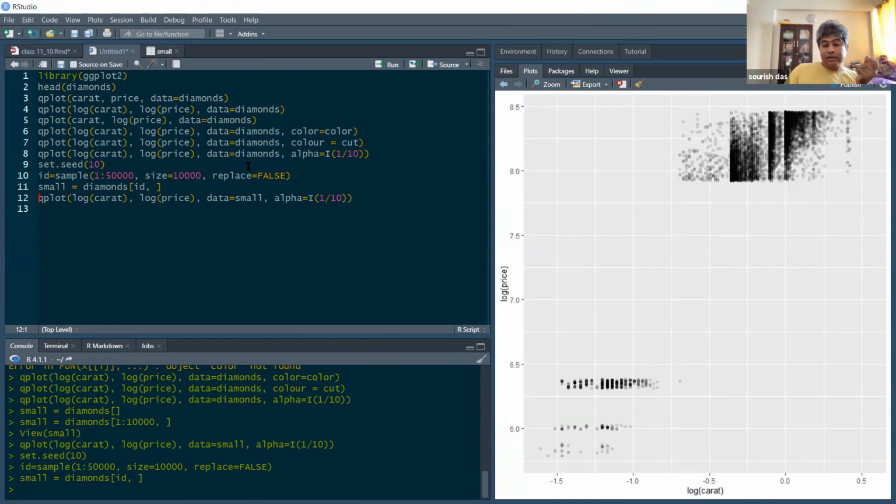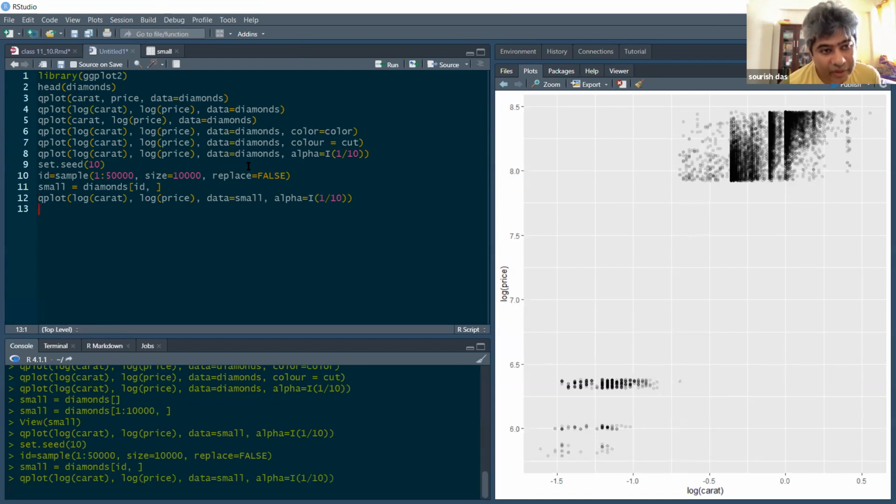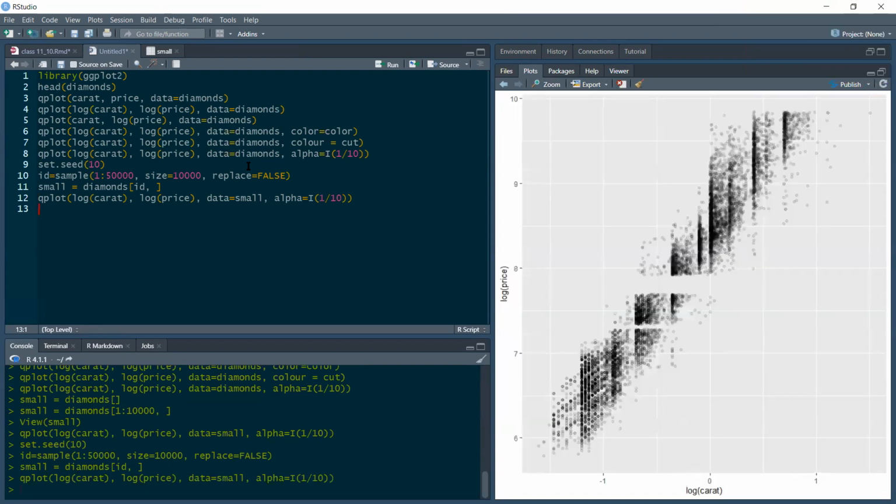It's like a password kind of thing, the concept of a password. Anyway, you can run line 12. I hope now the problem will be fixed. Yeah, you can see now the problem is fixed. All right. So this seed is actually an attribute of sample. It's kind of a global variable. Yeah, a global variable.